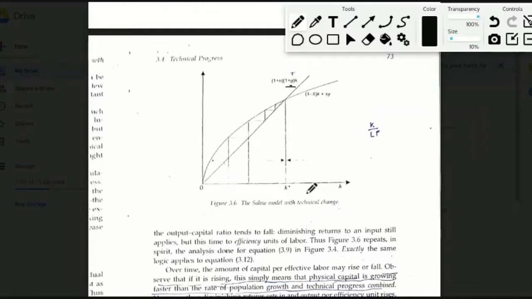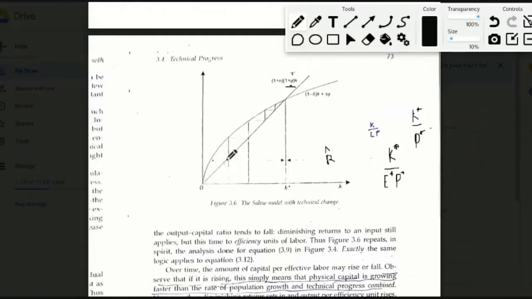Also, you will notice that now these small k are represented in terms of k hat. They are capital stock. The steady stock of capital will be steady stock of capital per efficiency unit of labor. So you have k star by E star into P star. Whereas in the previous case, we had defined steady stock of capital per capita as K star by P star. So there is a difference in the interpretation of the steady stock of capital here.